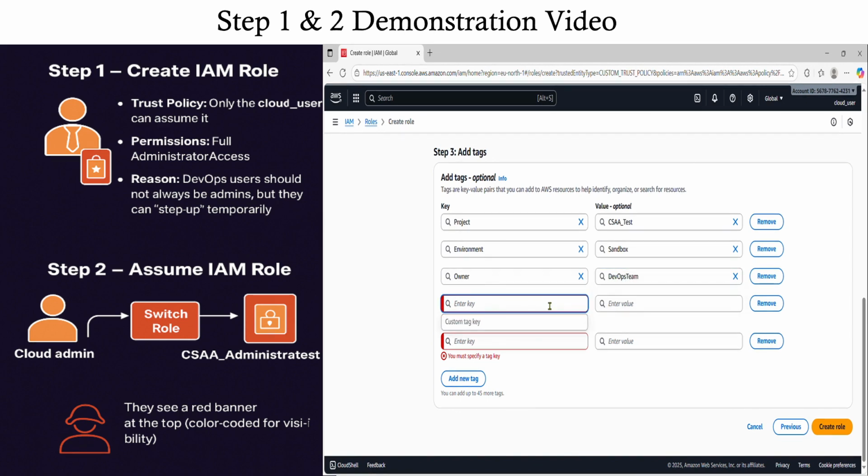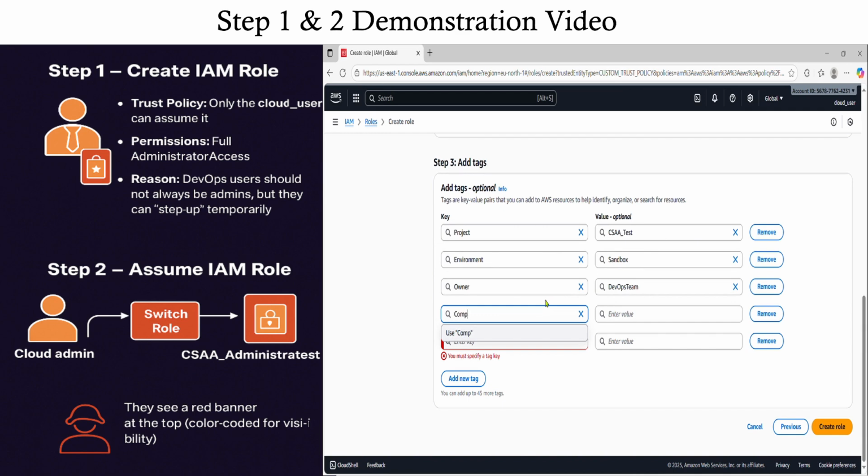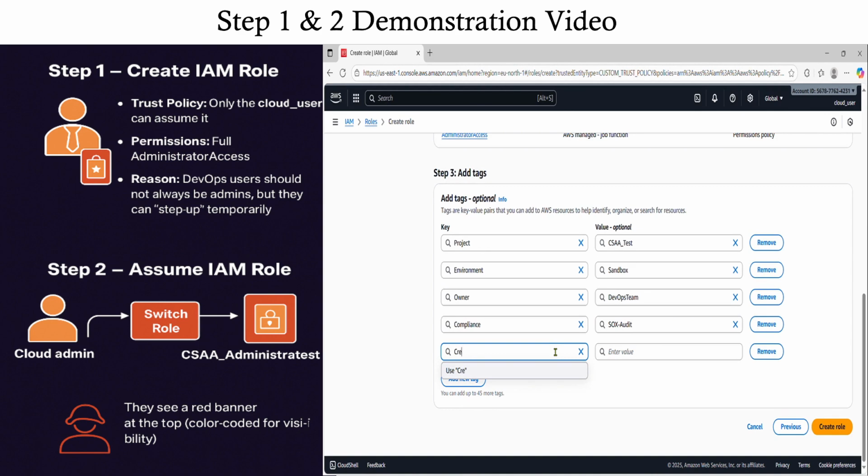The owner is the DevOps team, and compliance, SOX, audit, created by Blessing,